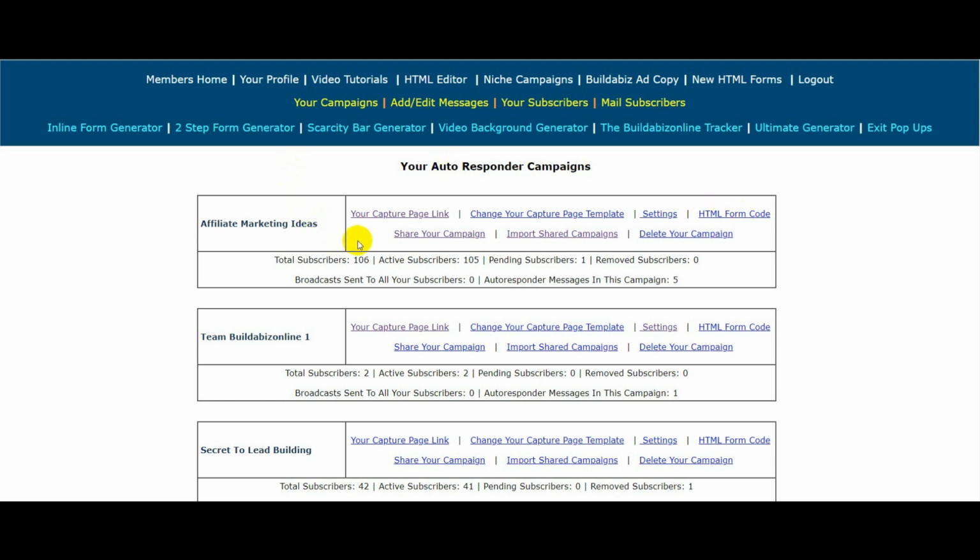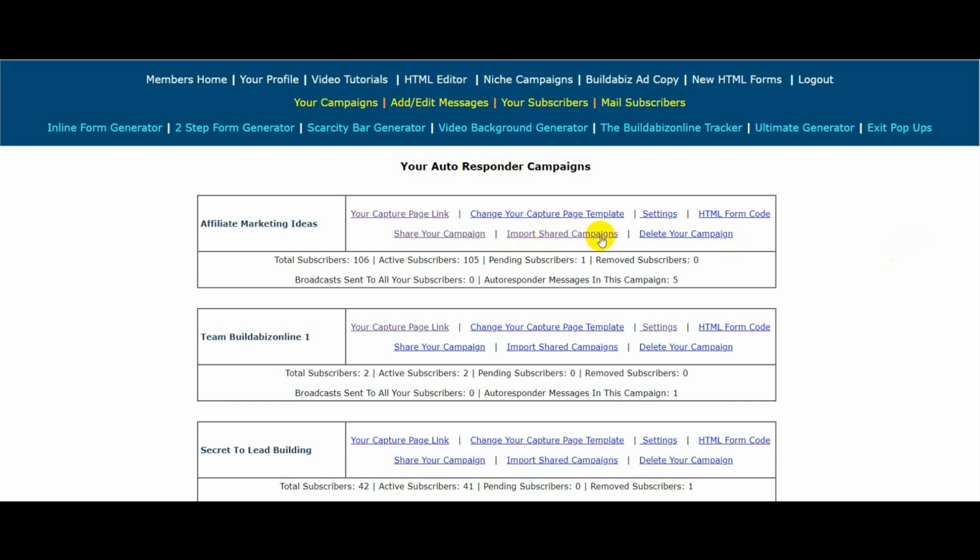You will also notice that you can share your campaigns with others. So let us say that you are a team leader, you've created a really nice page like the one you've just seen, and you wanted to share that with your team members or anybody in your downline. You can do that simply by clicking on here, generating the two bits of snippets of code, I call them, the ID and the other password, if you like, passcode,